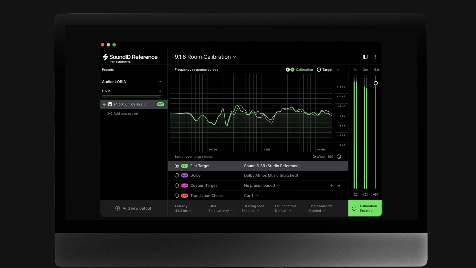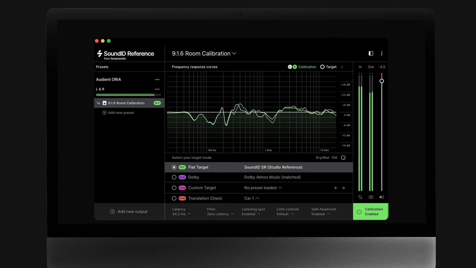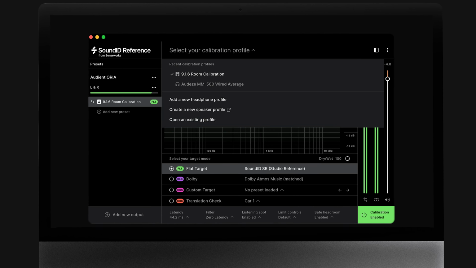The next stage is Aurea profile creation. When the Measure app finishes measurements, it gives us a calibration profile which would change the EQ target of our speakers to be flat and neutral. In many cases, this is the perfect ideal, but there are cases where we might want to use the calibration profile in a different way.